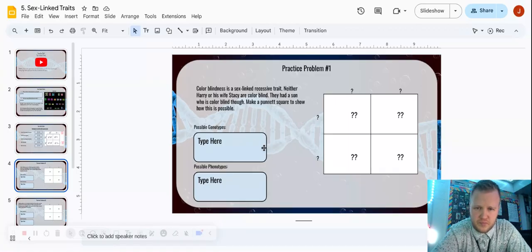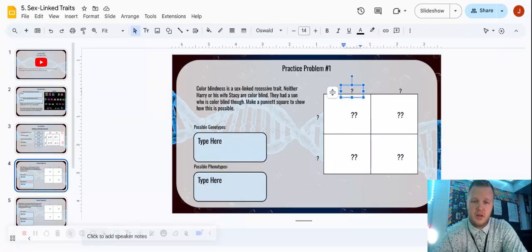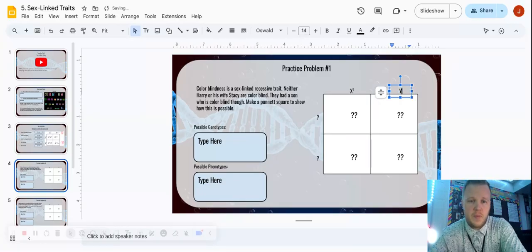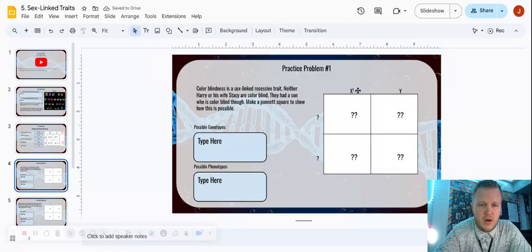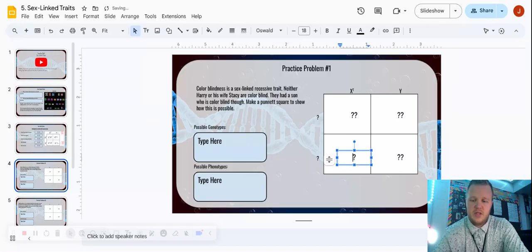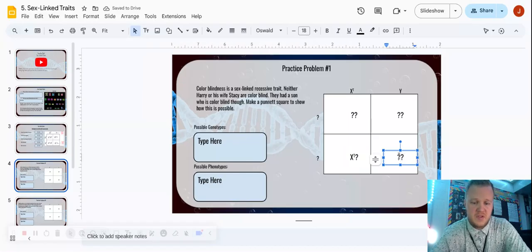So here's what we got to think about. Neither one of them are colorblind. So that tells us immediately the father has 2 dominants. I'm going to do T's here. That's just what I do. So Control period, T, and then over here, this is our Y, and there's nothing on there. So the fact that he's not colorblind, we know that he has to have the dominant trait, because otherwise, again, there's no in between. You either are or you aren't. There's no heterozygous here. So we know the father's going to give at least the capital